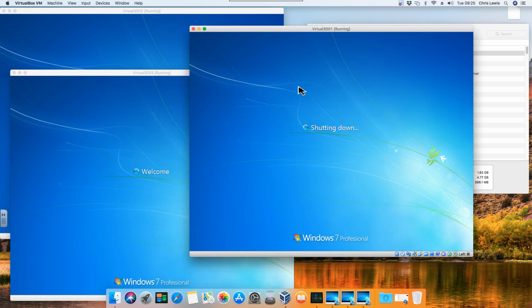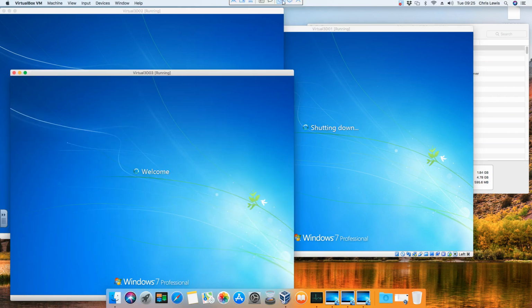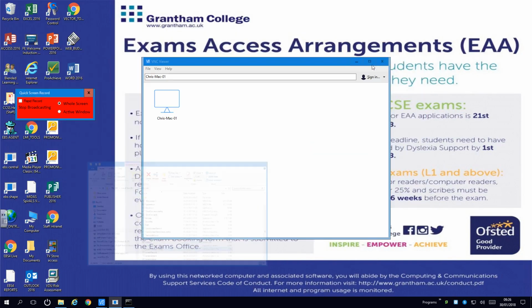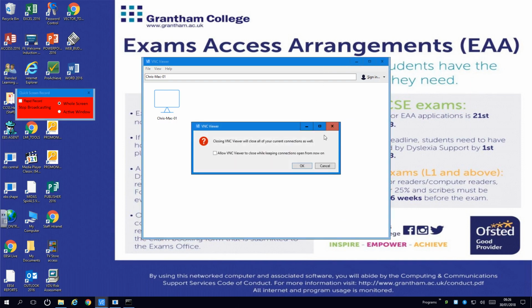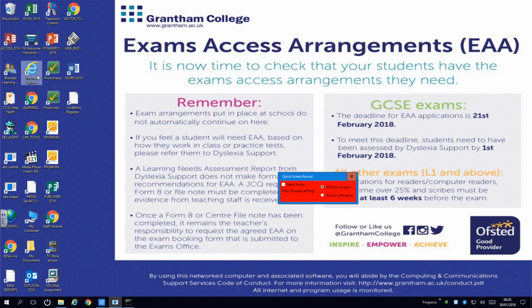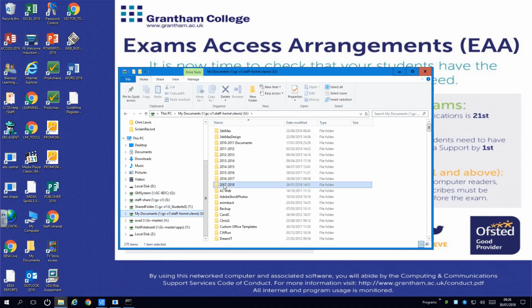And then once we've got all of these 3 computers logged in, this one's still updating, we can do something else that's quite clever. What I'm going to do now, this is obviously on a different computer to the one that I'm actually physically on. So what I'm going to do now is go to the actual virtual machines as if they were physical computers. So in my documents, I can go to a